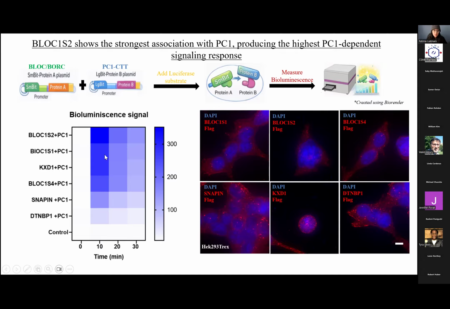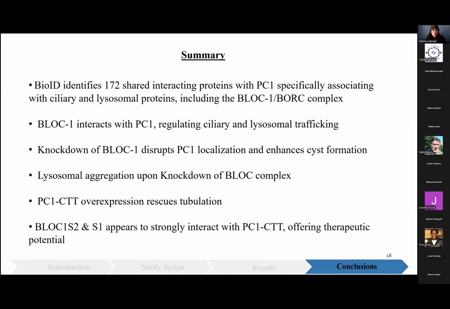But if we are to look at, in future, analyzing any of these subunit domains for its major interactions with PC1, and therefore its potential for therapeutic targeting, then we could largely look at S2 and S1, because they've so far shown, at least in this assay, a very strong binding capacity with PC1 compared to all other BLOC subunits. And so in summary, the BioID data set here identified some very important shared interactors,